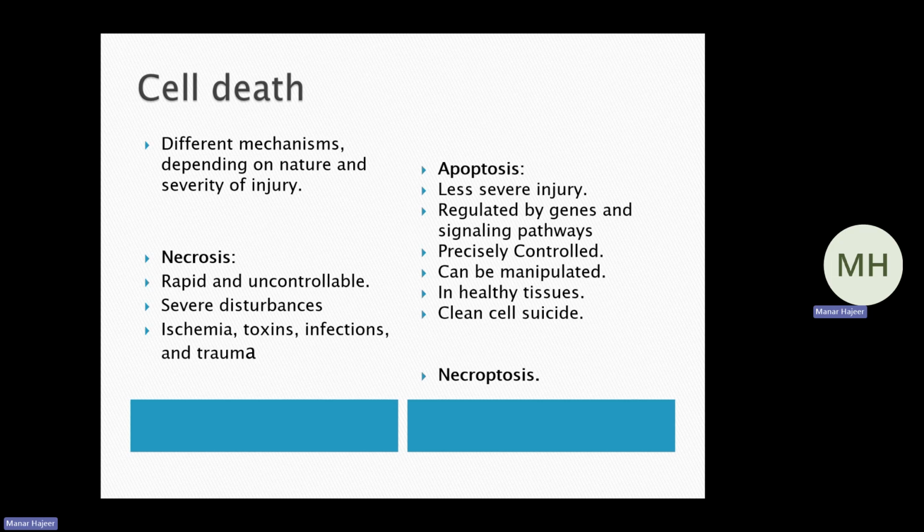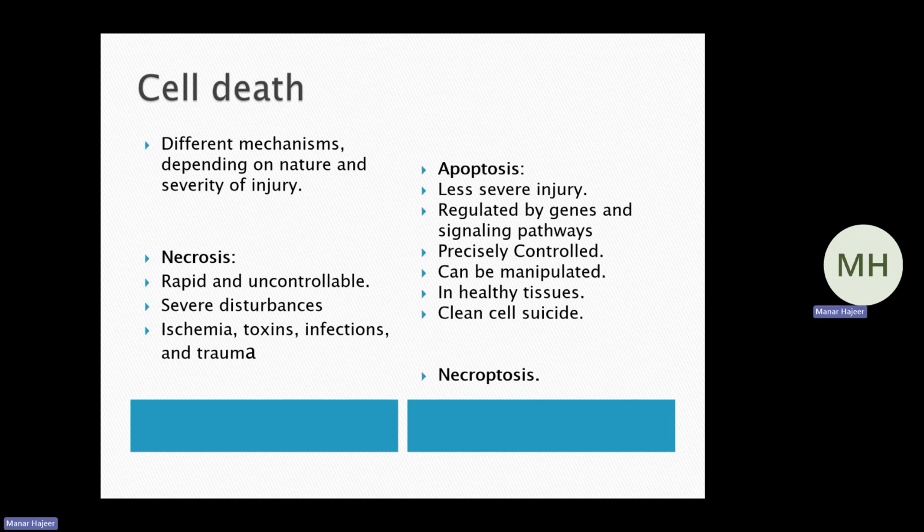Necrosis usually occurs when the injurious stimulus is rapid and uncontrollable, with severe disturbances, like, for example, when we have ischemia, cut off blood supply, toxin-induced damage, severe infections like viral and bacterial infections, and severe trauma. In all of these events, the damage is rapid and the injury is severe, so